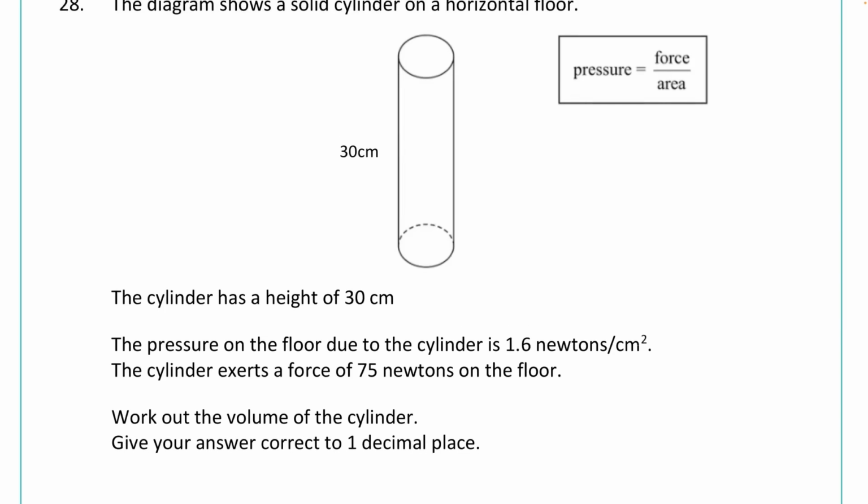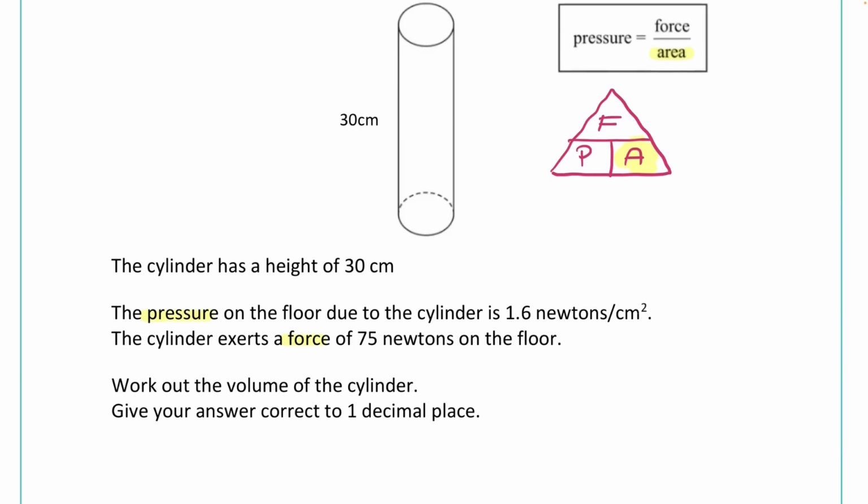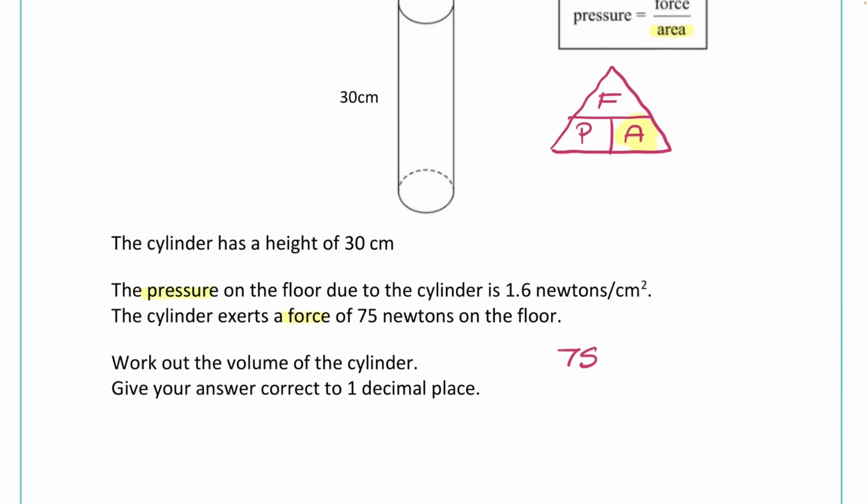So in this particular question, we are given the formula, we are given the pressure and we are given the force. So the thing that we're missing from our formula is area. So you can rearrange this formula if you like. You can use a formula triangle. We have the formula given to us. So pressure is equal to force divided by area. And to work out area, it's force divided by pressure. So here we have the force and we have the pressure. So 75 is the force and 1.6 is the pressure. And if we type that in, 75 divided by 1.6, that gives us